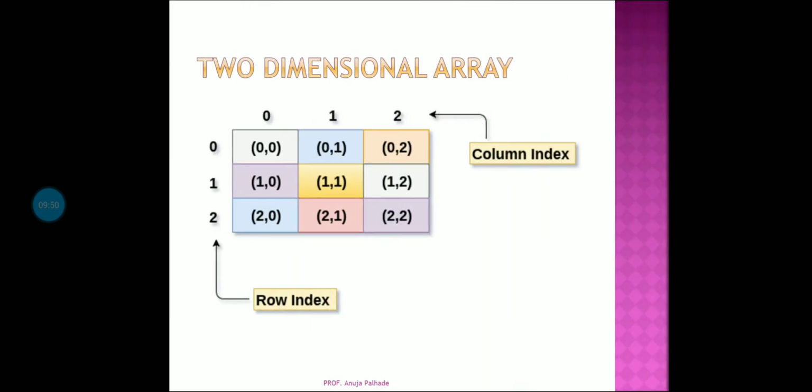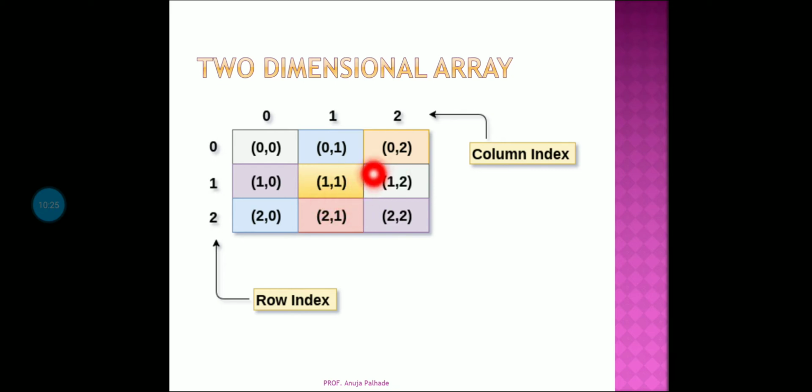Now this is like your graph, when you plot x and y axis, how do you plot, first the x section and then the y axis. Likewise here you have to write the 0th row, 0th column, that's why 0 of 0. 0th row, 1st column, that is 0 comma 1. 0th row, 2nd column, that is 0 of 2. 1st row and 0th column, that's why 1 comma 0. Then again 1st row and 1st column, that's why 1 comma 1 here.